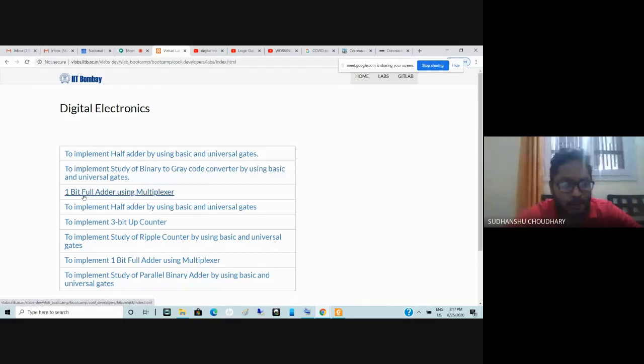Then one can also implement a 1-bit full adder using multiplexers. Then implementing a half adder using basic and universal gates. Implementing a 3-bit counter, ripple counter, full adder using multiplexers, or maybe a parallel binary adder by using basic universal gates. Yeah? So maybe let me click this link where the half adder is implemented.